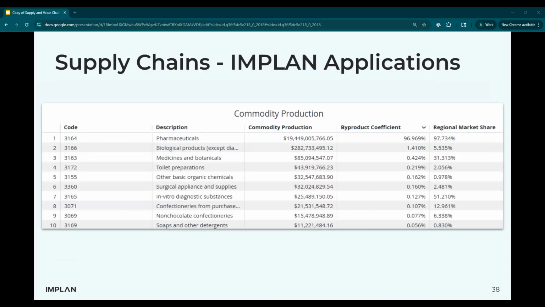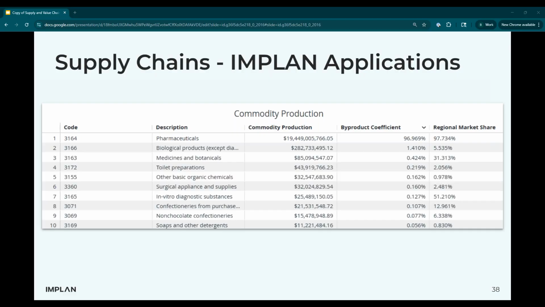So commodity production, so it mostly produces pharmaceuticals, but other commodities as well. It produces some biological products, some medicines, botanicals, other basic organic chemicals, surgical supplies, so on and so forth. But this gives us an idea of what other types of goods are produced by the pharmaceutical manufacturing industry, and goods whose overall output are going to be affected by those particular